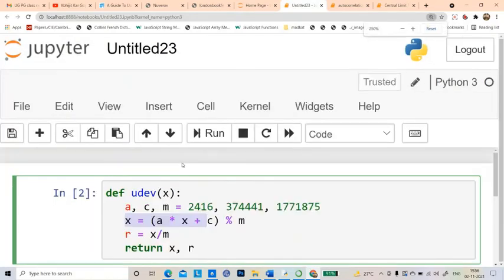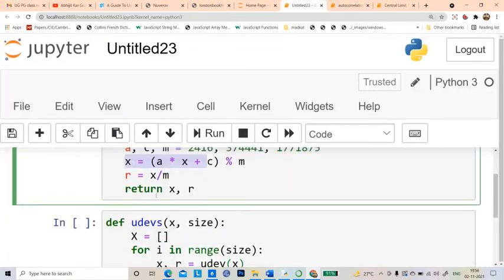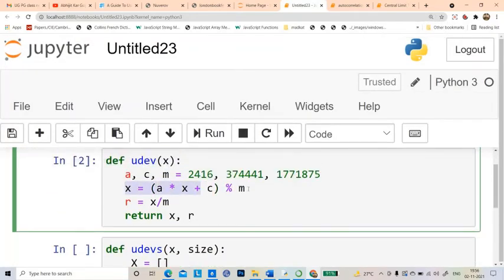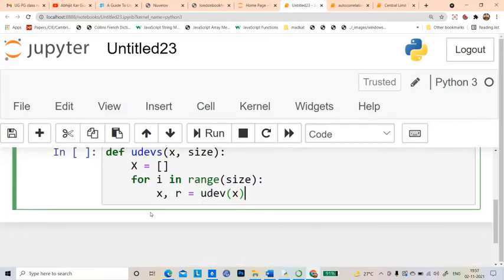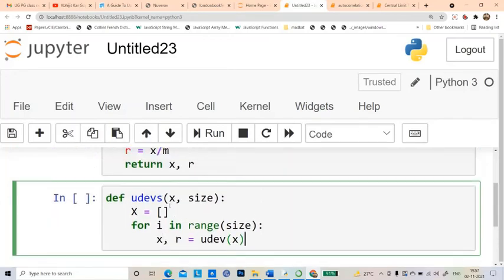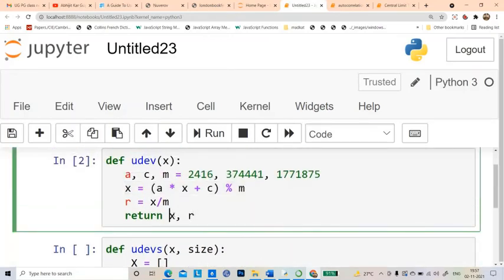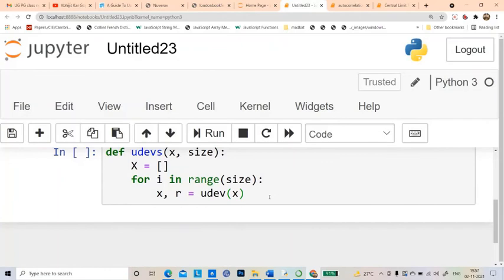This x will be updated with this recursive relation. So I have x here, and then x is again fed back into udef, and so on. So I return both x and r here. x is the modified integer, and r is the random number between 0 and 1.